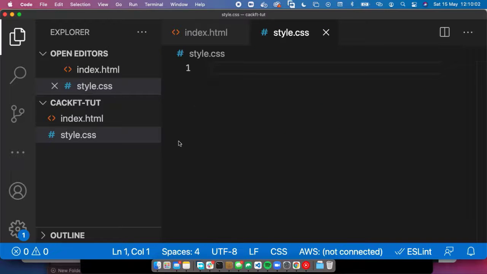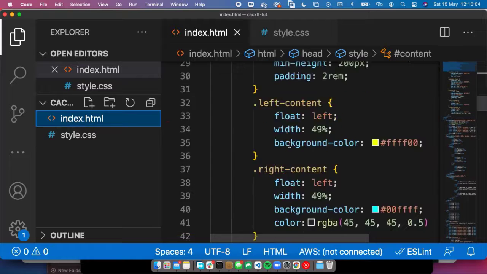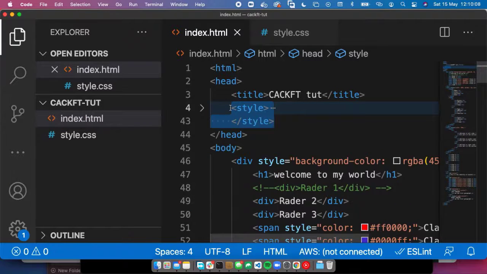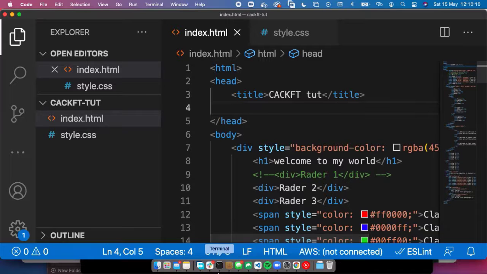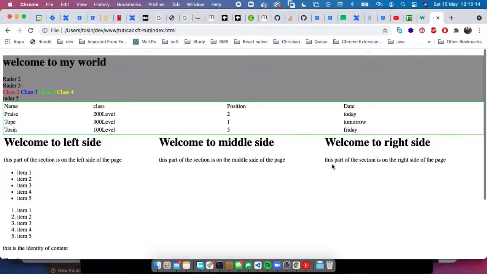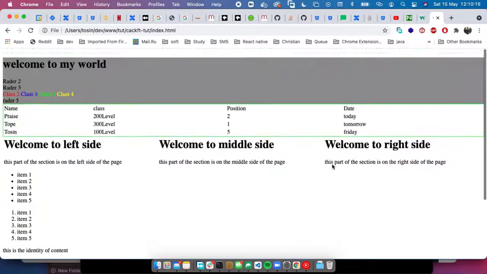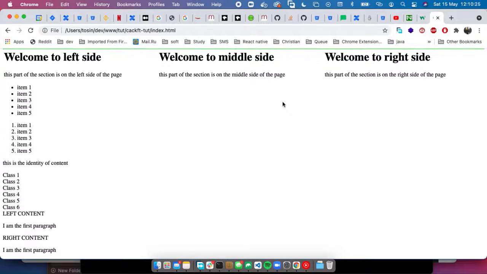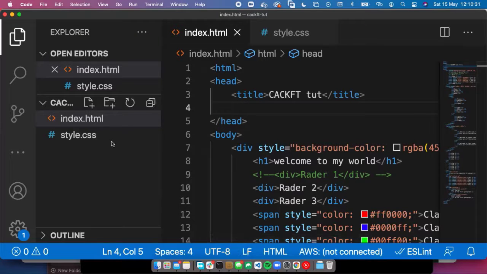So I have this. Everything here, I want to move out. If I cut it now and I save, refresh. Where is the CSS? Disappeared. It's only this green because it's inline. So the old CSS has disappeared. So the left content, right content, everything is now the normal skeleton of HTML. It's not even fine at all. So because we want to put it in an external file,